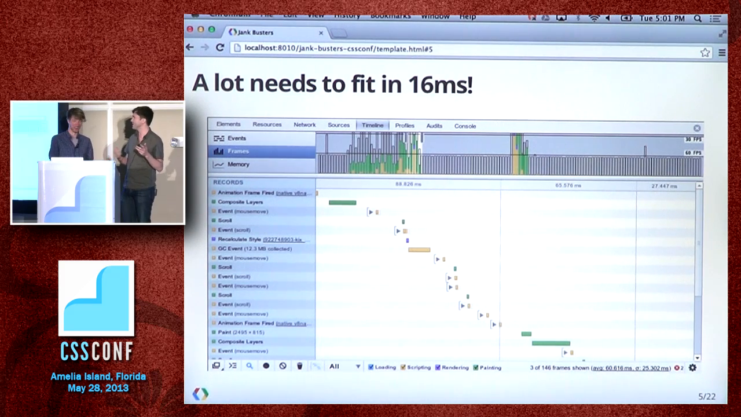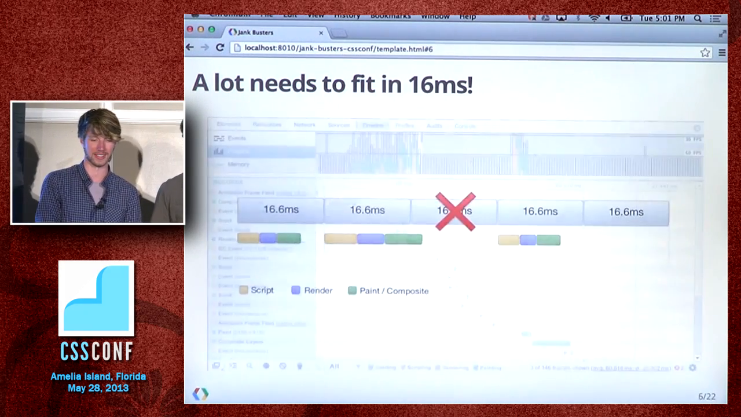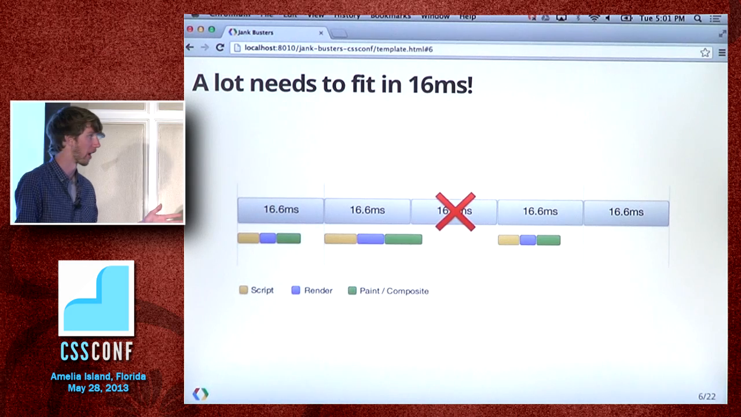Do you want to interrupt me and make me say something similar? So it's really hard, right? There's a lot that needs to go into that 16 milliseconds, and Nat is rattling off this list of things, but